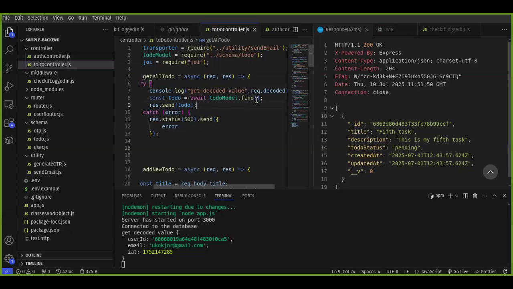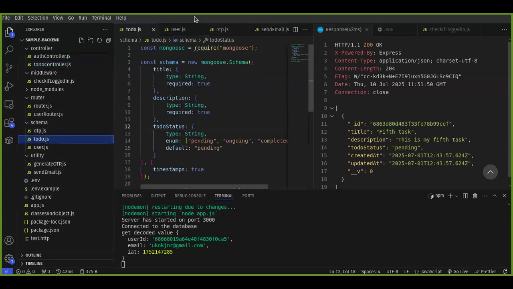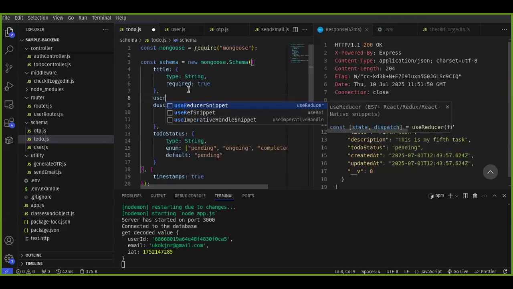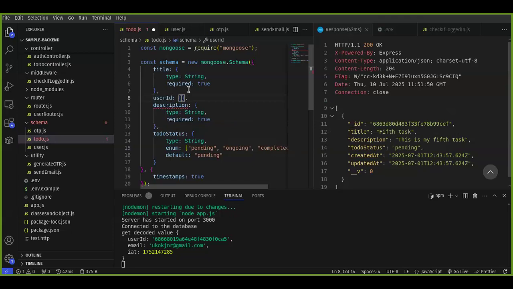Now, with this, we can make it possible for users to create to-dos that belong to them. So let's see how we can do that. If we want to create to-dos that belong to a particular user, let's come back here and do a little bit of editing. Notice that this to-do doesn't have any user ID or any ID that has to do with the user that is doing that to-do at the moment. So we can do something like this. We can say user ID should be equal to